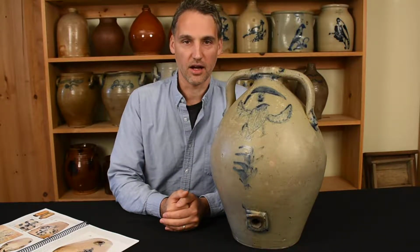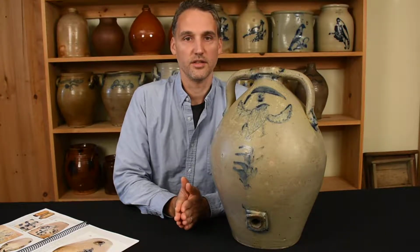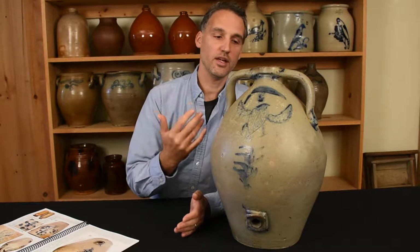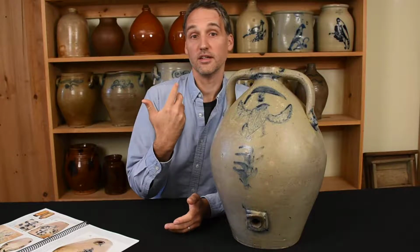Hey, I'm Brant Zip at Crocker Farm Auction, and I'm here with this wonderful example of Ohio stoneware that is part of our upcoming October 26, 2019 auction of American stoneware and redware pottery. Now, this is a piece that we handled many years ago, and when it came out of the woodwork then, we were really excited to handle it,